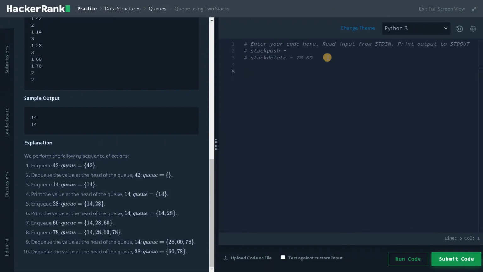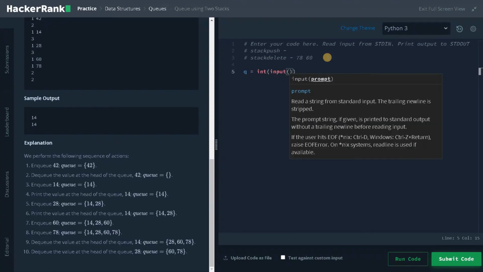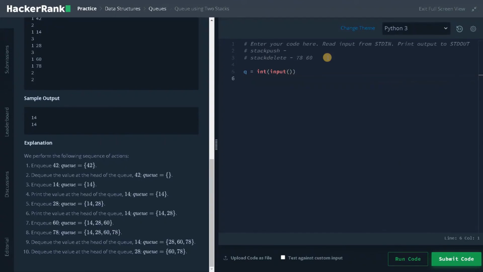First, we need to get the query input, that is queue equals int input. After getting the query input, we will iterate using a for loop, for i in range of queue, and you can also replace this queue with this input statement. Both are same.